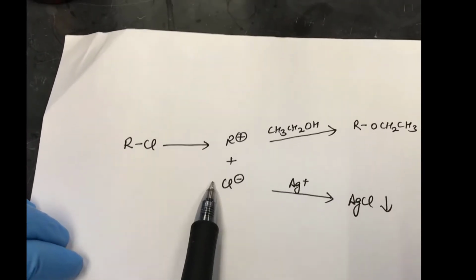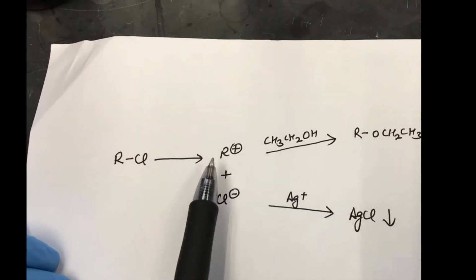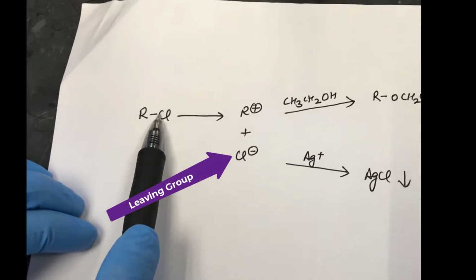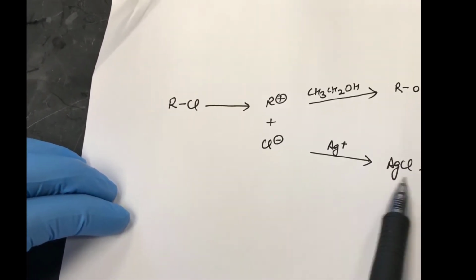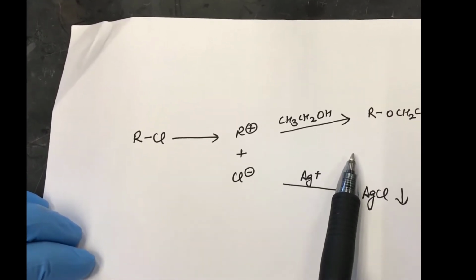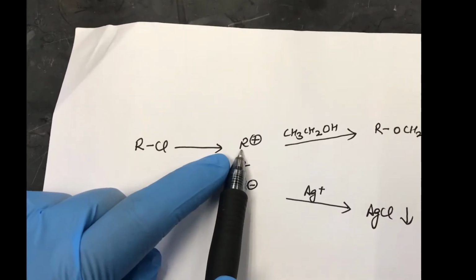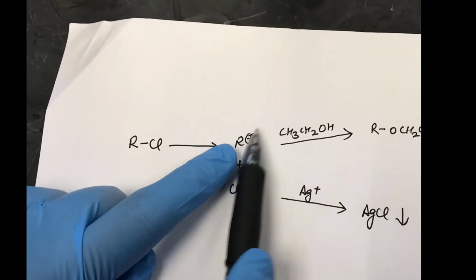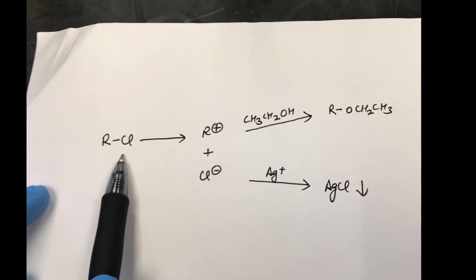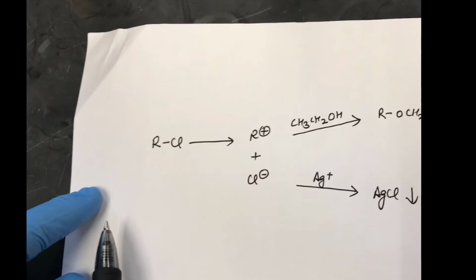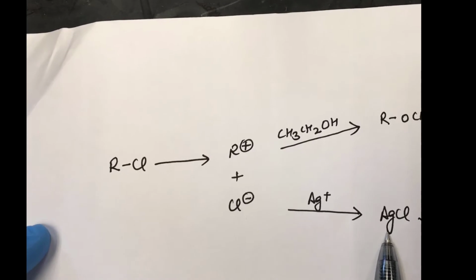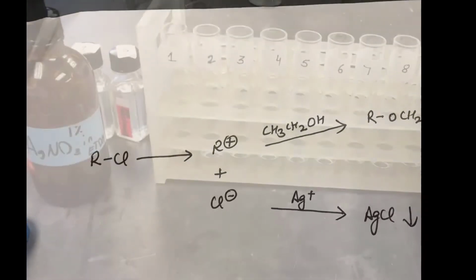The silver ion has the ability to coordinate with the leaving halide, because this is a leaving group. The silver ion comes from the reagent, so they will combine together to give the precipitate of silver chloride. And since we are getting the precipitate, the reaction will go forward. Now we have the carbocation here. To this carbocation, the nucleophile will attack and give you the product. This is the case with alkyl chlorides, and a similar case you will see with alkyl bromides. Silver chloride and silver bromide will both precipitate.